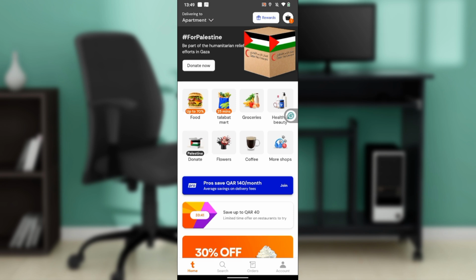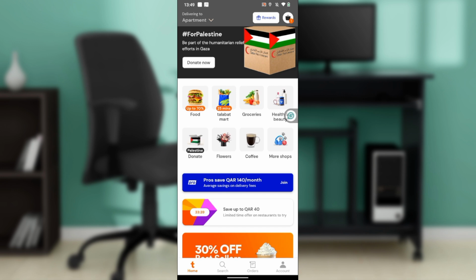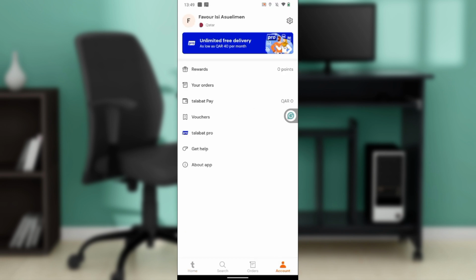From this homepage, head over to the bottom of your screen where you have Home, Search, Others, Account. Go ahead and click on Account and it takes you over here. Now in here you have Rewards, Your Orders, Talabat Pay, Vouchers, Talabat Pro, Get Help, and About App. Go ahead and click on Get Help and it takes you into this window